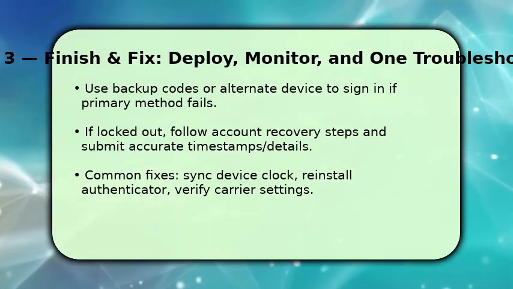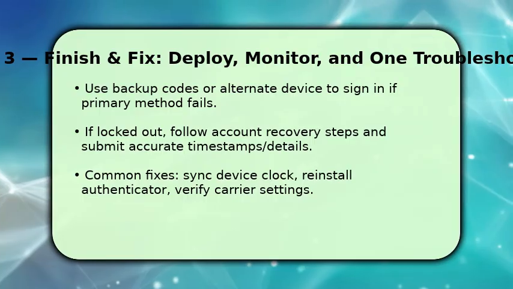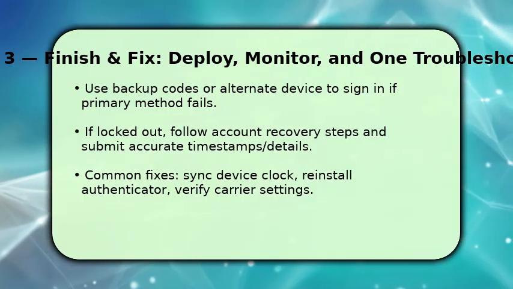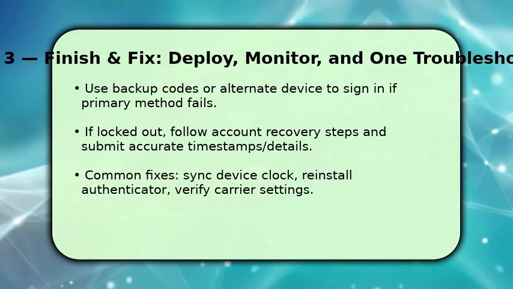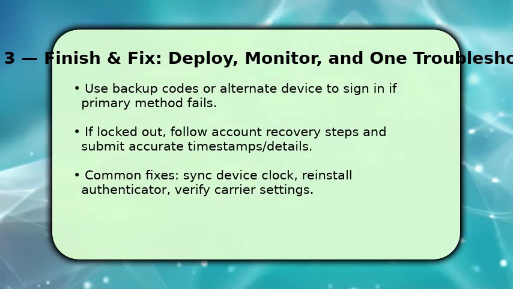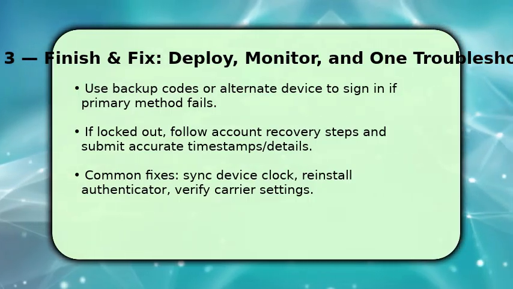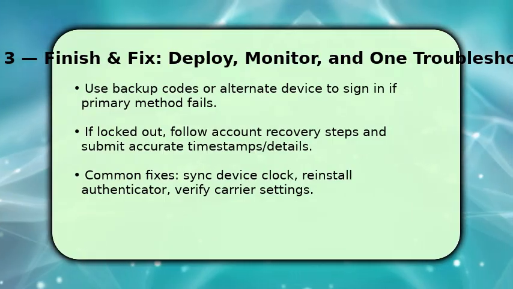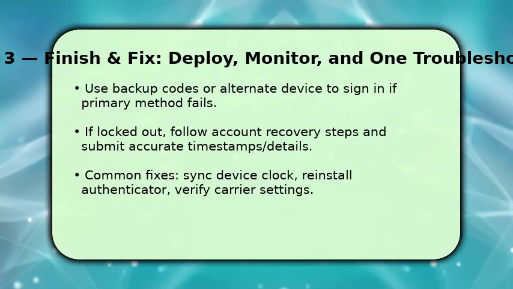If something goes wrong, first sync your device clock and retry. Many top failures are clock drift. If you're locked out, use the account recovery flow and provide precise details: when you last signed in, device locations, and creation dates. Finally, make a note of 2 working methods so you avoid future